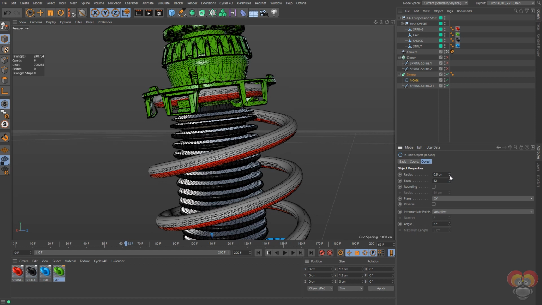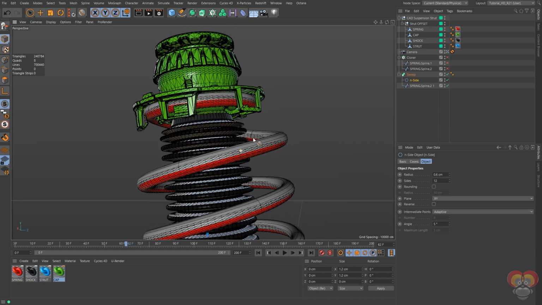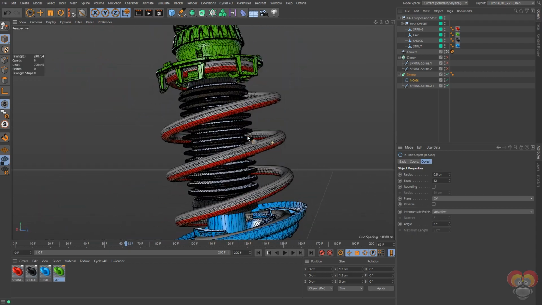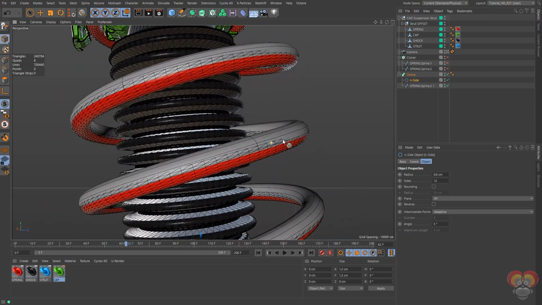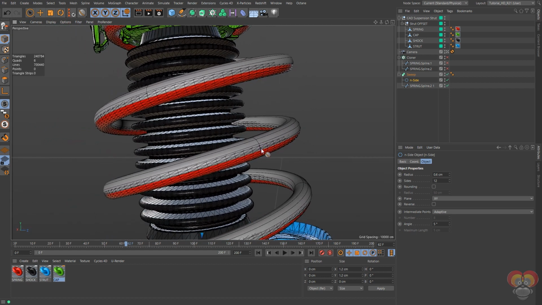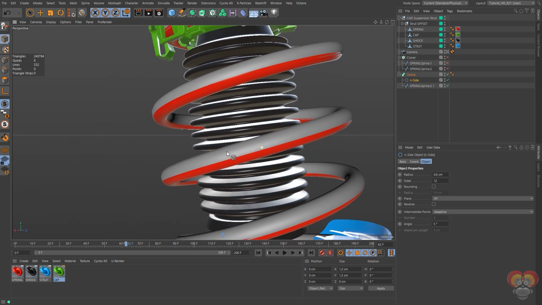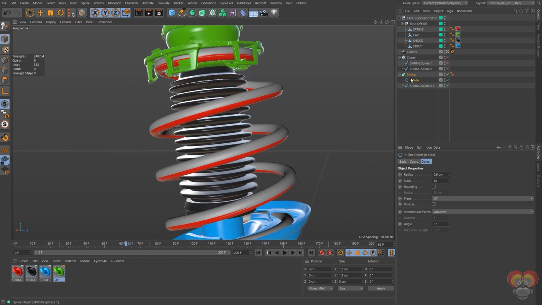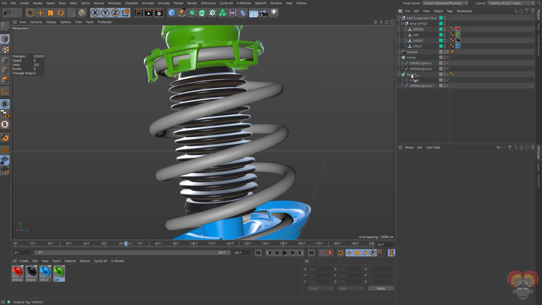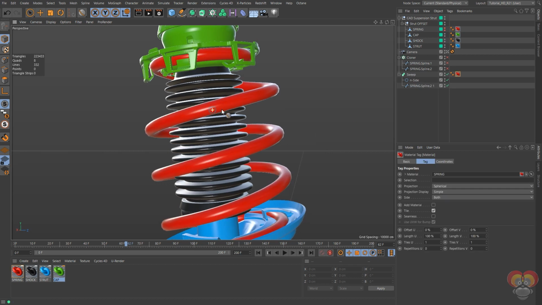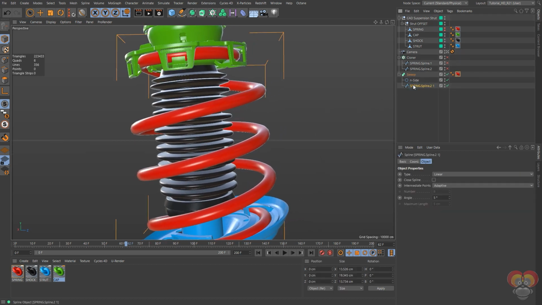This is pretty close to the original helix that we've got. In fact, it's closer than it looks. It looks like it's deviating quite a bit, but that's really just a kind of Phong shading quirk. It's actually very close to the original shape. Good enough for our purposes anyway. So now if I turn off my original spring, and I'll duplicate by holding the control key down my material that I've got for that spring. Here I have